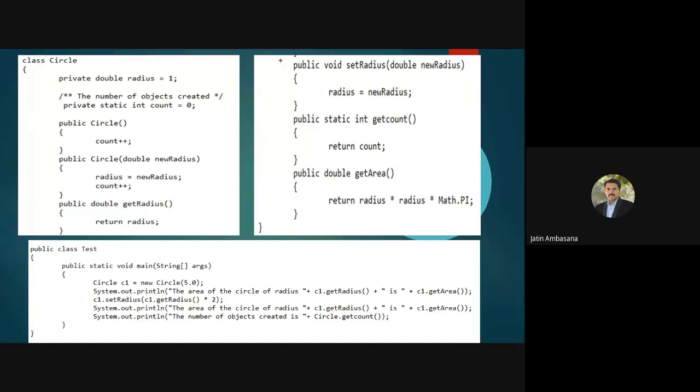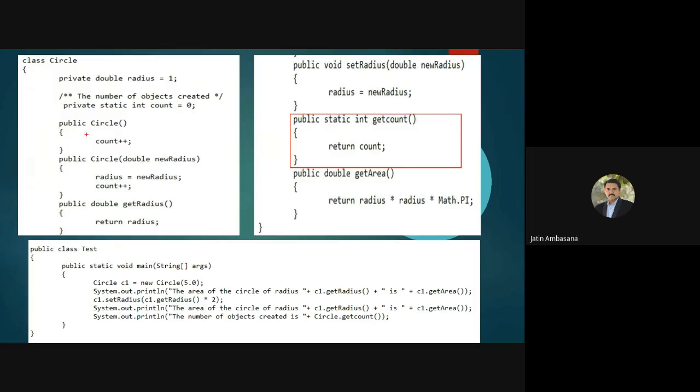If the user wants to write the value, he can call the setRadius method, pass some value to it, which will be assigned to this radius variable, which is this one. And since this count is also private, we can get a getCount method. We don't need a setCount method, because setting count is not allowed to be done by the user.